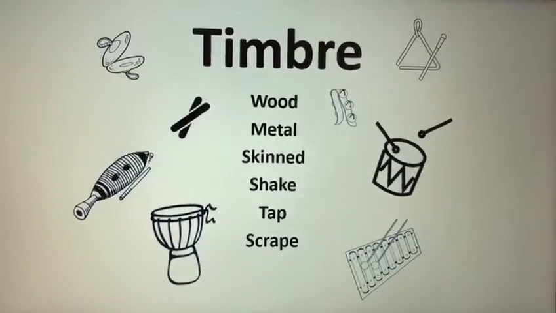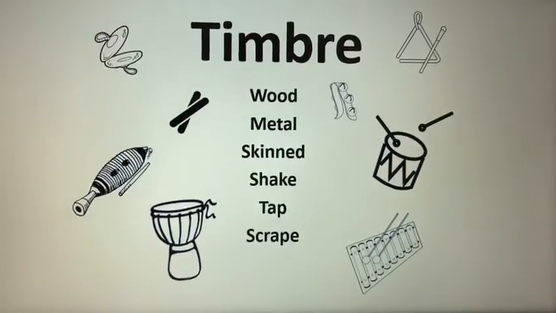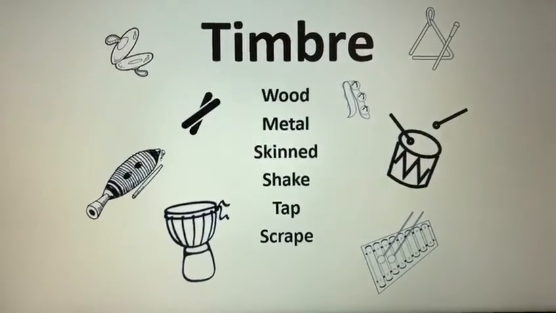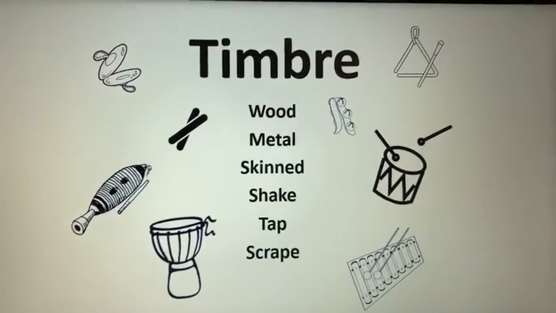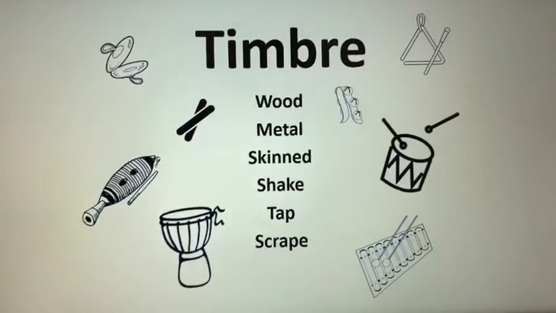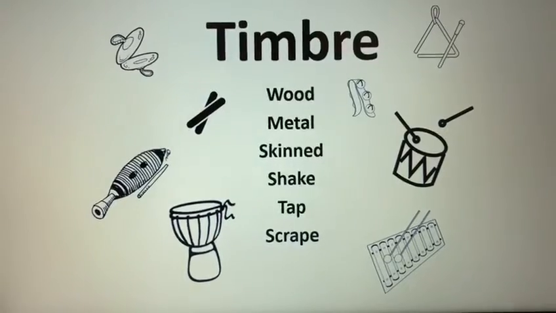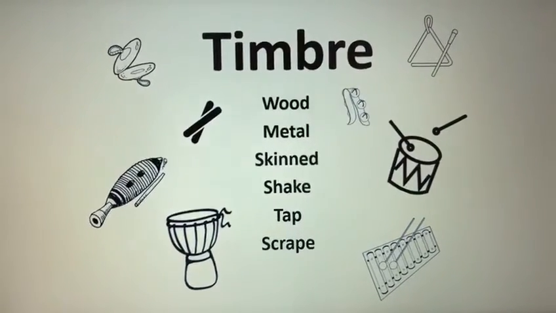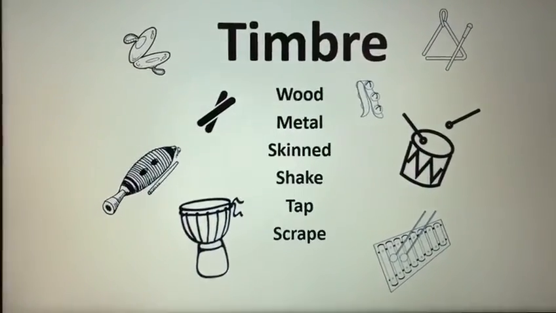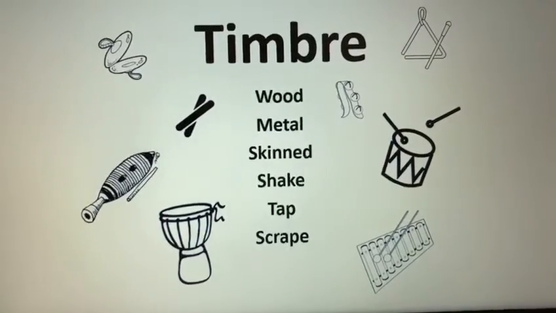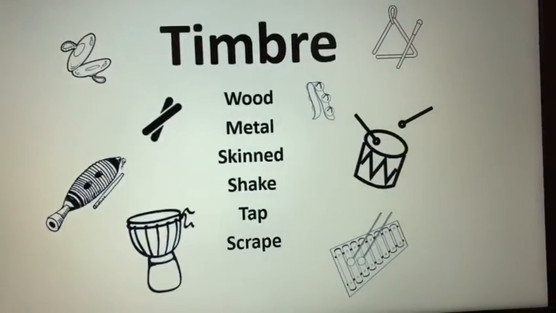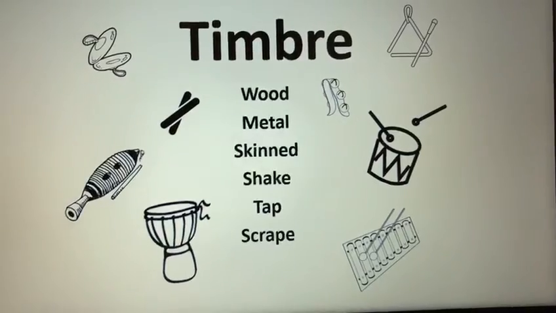And timbre. Timbre is the sound. Now it's really important because if you want to have an interesting piece of music, you might want to change the sounds in your piece. It might be a wooden sound or a metal sound, and it depends how you play the instrument as well. So are you shaking it, tapping it, scraping it? If you've got a trombone, for example, from the brass family of instruments,